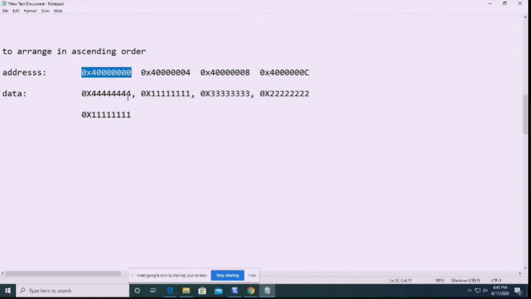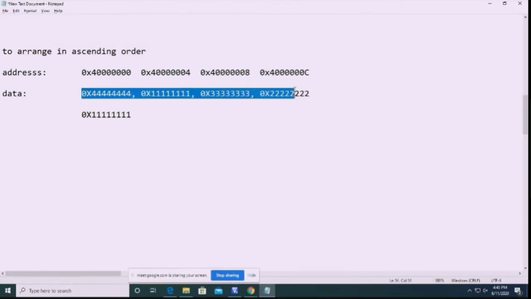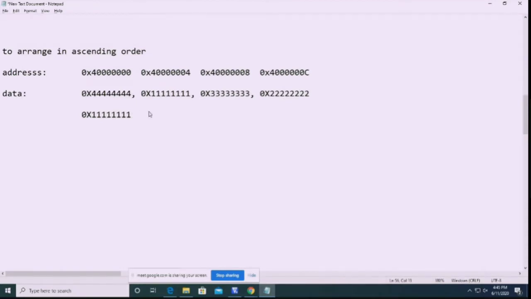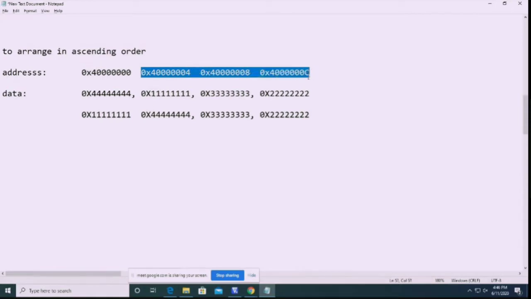Next we have the remaining 3 values, 4, 3 and 2. This number is gone. Now, second time, again we'll leave this first address and we'll find out the smallest number in these 3 values.